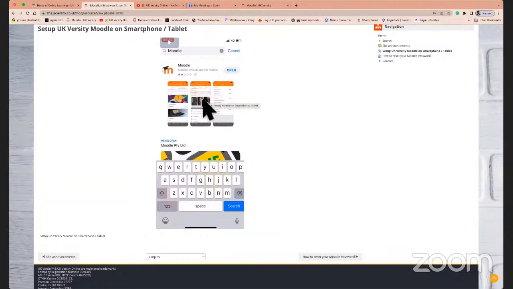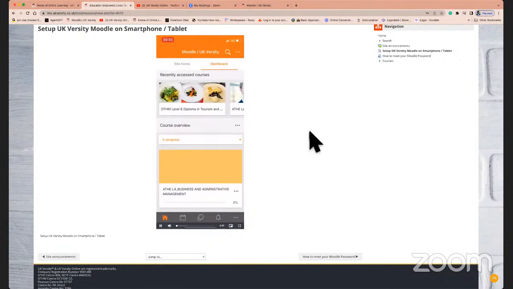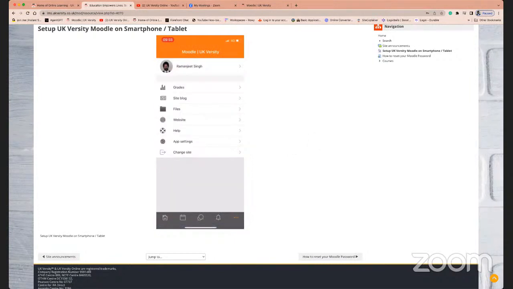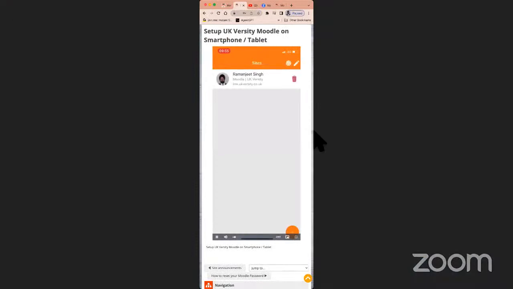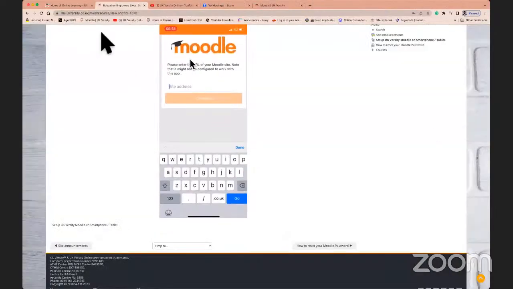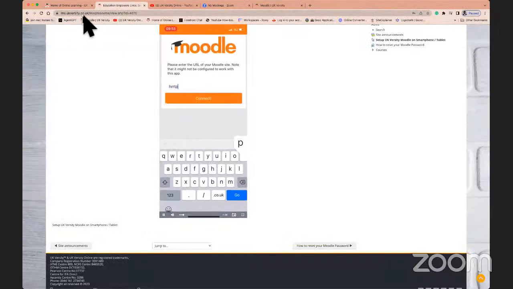Android. All right. So in your Android, in the Google Play Store, there should be an app which is called Moodle. It's a free app that you can download. This app, when downloaded, would ask you 3 things to be able to set it up on your phone. That would require you to provide what is called the URL of the Moodle, or web address, essentially. The web address would be lms.ukversity.co.uk. And then your username and your password. Because you're setting it up on your phone, you can save this username and password, and that would mean you would not need to enter these details again on the app.